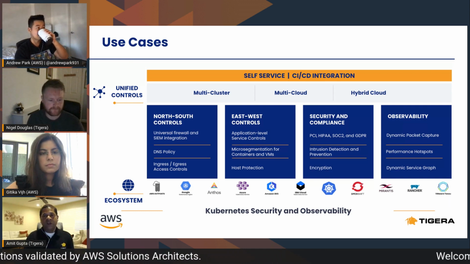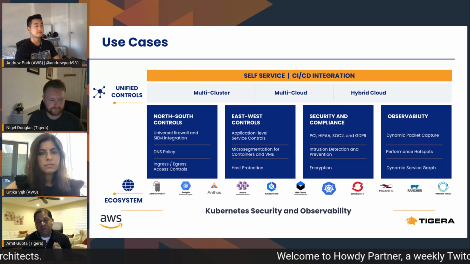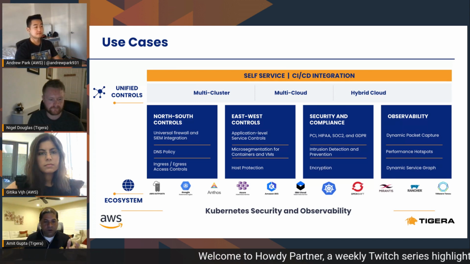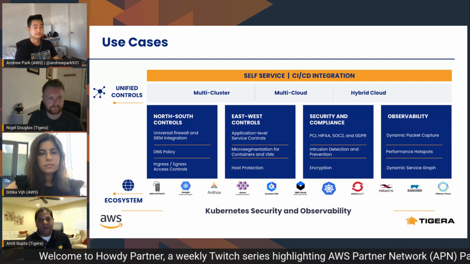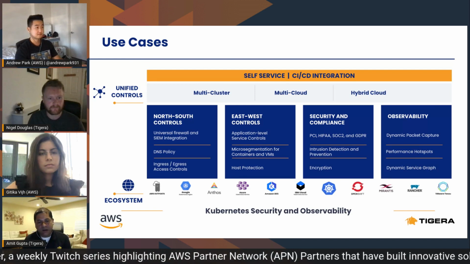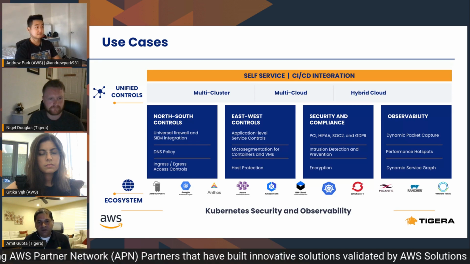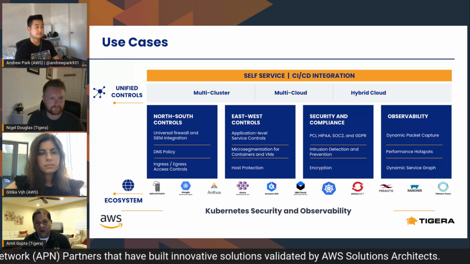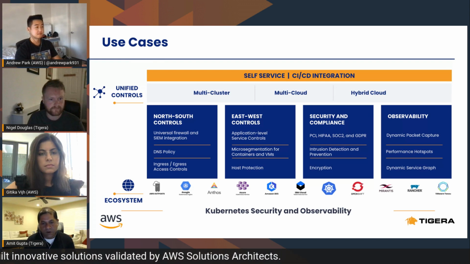Or if you need the ability to manage secure communication from your green pods to that third-party service that your application needs to consume, you need to be able to write very granular controls. And Nigel will walk us through how some of these can be done very effectively in a declarative model using our DNS policy capabilities and also some of the firewall integration.